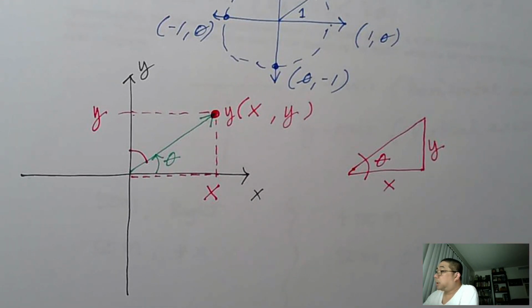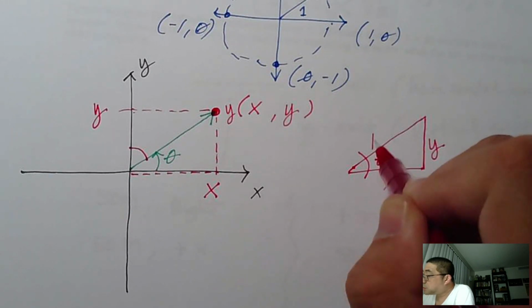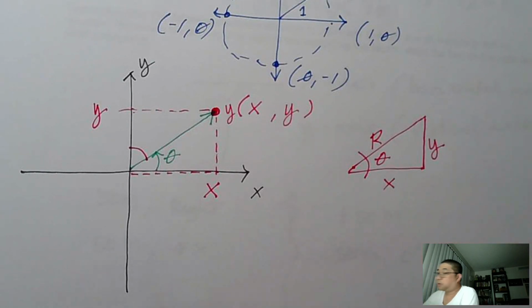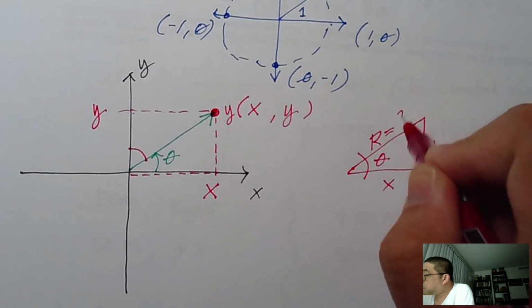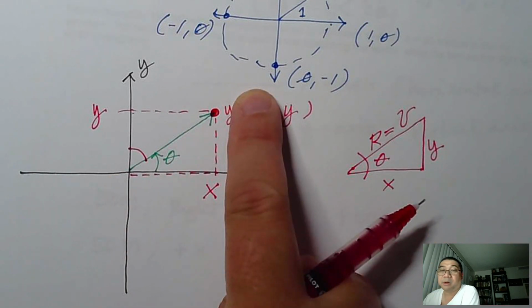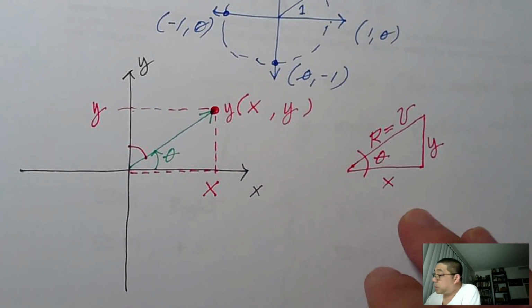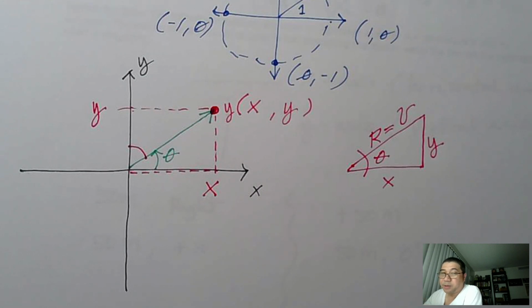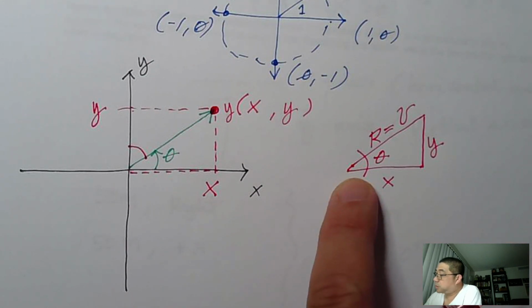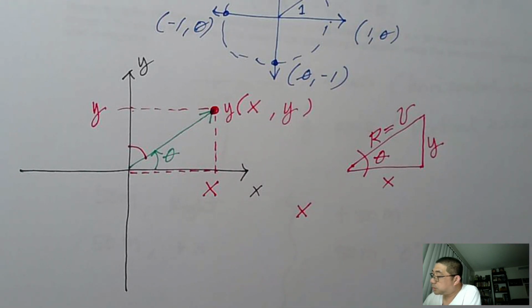Okay? Now, if this is your radius, which is also called our resultant vector, we can also call this one vector now, because we're talking about vectors. Vector b or vector v. What is the value of the x component? Okay. So if this is your x component, we can say that x component is simply